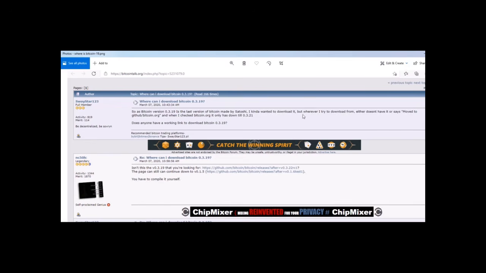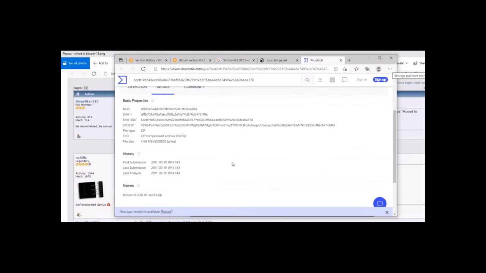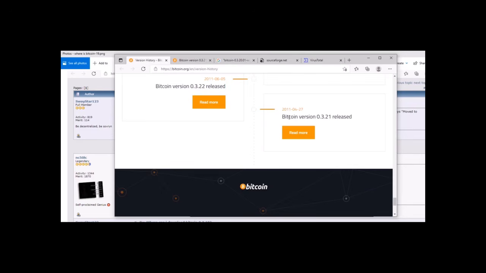This user was asking about the latest Satoshi Nakamoto build, which is 3.19. And if you check bitcoin.com, you are only able to see Bitcoin 3.21, and version 3.20 is missing. So I thought there must be some catch on Bitcoin 3.21, and that's why I was trying to find a Bitcoin